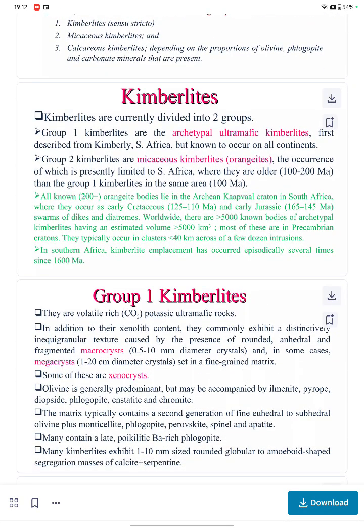Kimberlites are currently divided into two groups. So the first one is group 1 kimberlites. They are the archetypal ultramafic kimberlites. They were first described from Kimberley, South Africa, and are known to occur on all continents. And group 2 kimberlites are micaceous kimberlites, that is orangeites, the occurrence of which is presently limited to South Africa, and they are older, 100 to 200 million years older than the group 1 kimberlites in the same area. Okay,